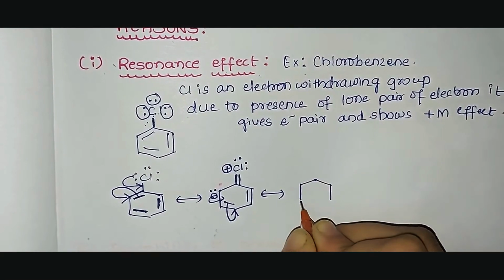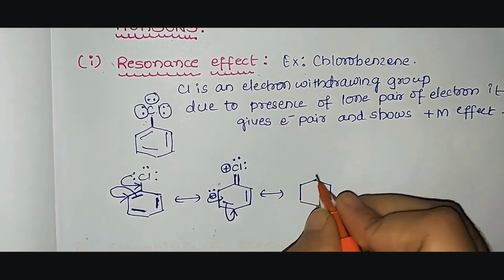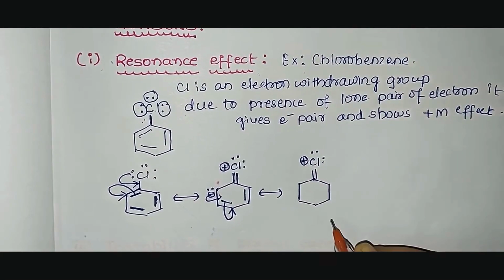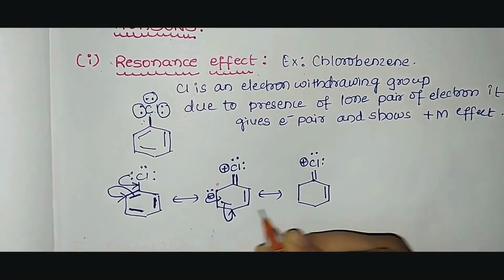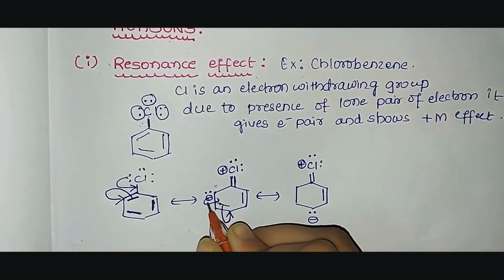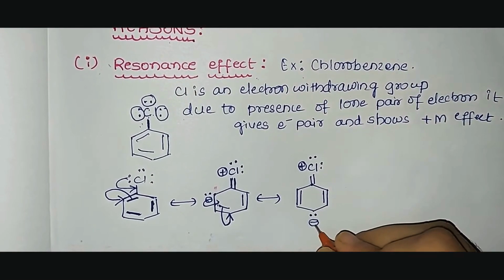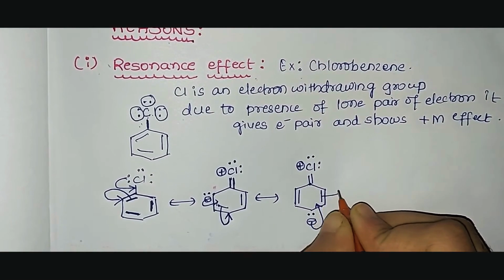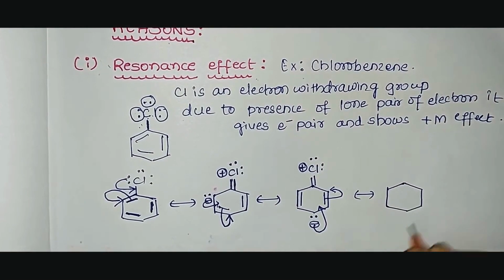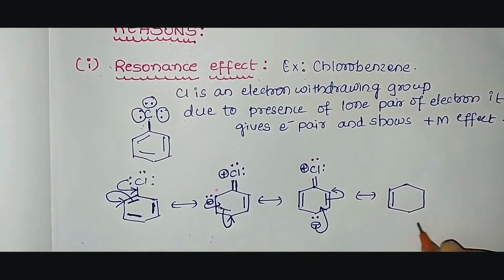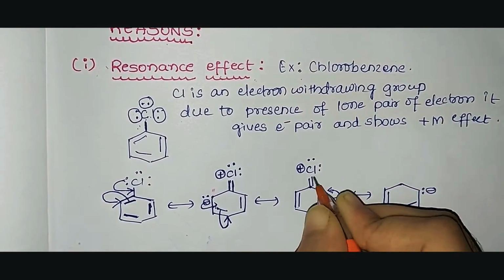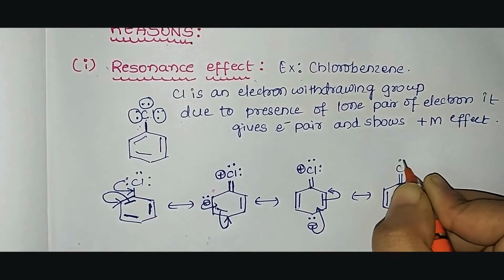The ring as it is, and the electron pair which we have left undisturbed, we will write as it is. So Cl is positively charged with 2 electron pairs. The single bond is as it is, then one pair goes within and one goes out onto the benzene ring, so it is negatively charged, and the electron pair going within forms a bond. Then for the next resulting structure, one electron pair goes within, one outside onto the benzene ring. The ring as it is, whatever we have not altered we will write as it is. One pair goes within, so a bond forms, and one pair comes outside, so it becomes negatively charged. Cl was already positively charged with a double bond, and we will represent it as it is.